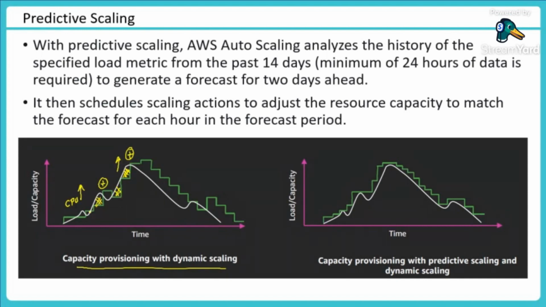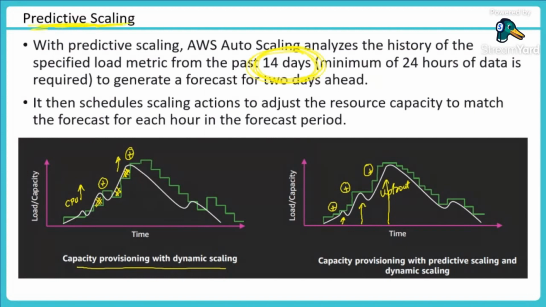What if I could make my system smart, so it captures my 14 days of data and, based on that, says when I would be needing more capacity and be upfront ready for that particular workload? As you could see here, what is happening? I anticipate my CPU would go high. Before that we added capacity. Again we were anticipating, and we added capacity again and again. So this is becoming predictive scaling.